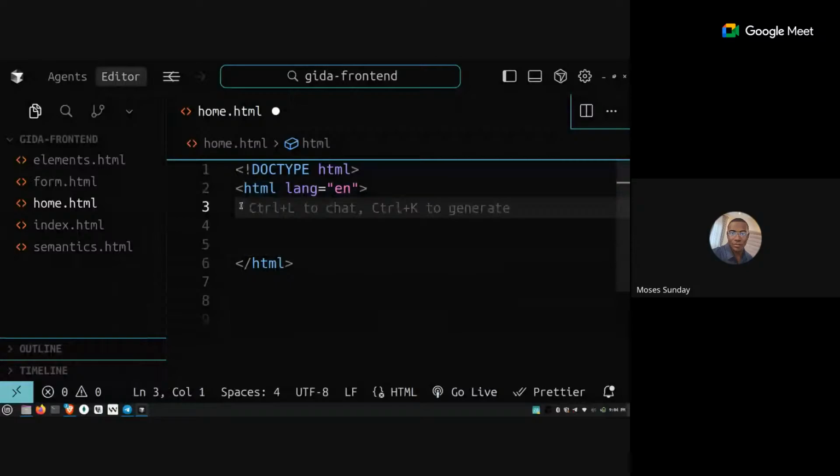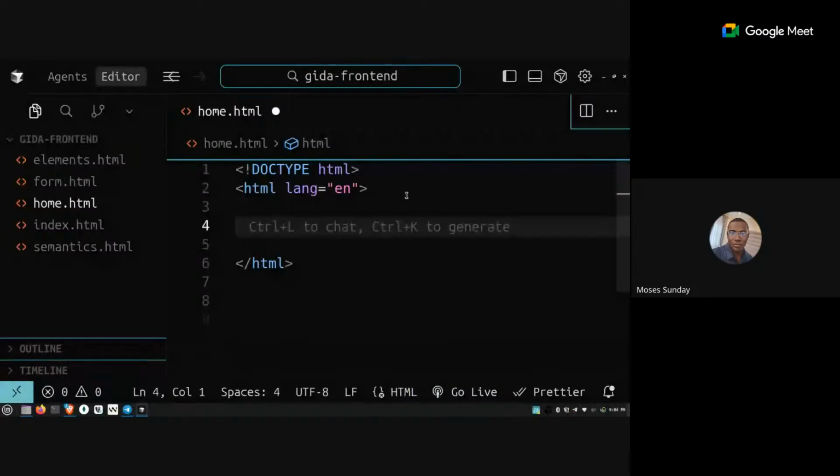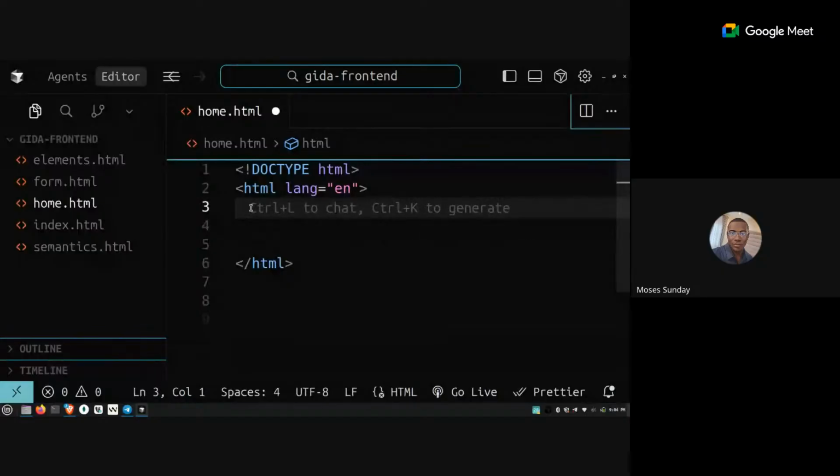All right. So I have my HTML, and the next thing I'm going to have is my head tag, right? The head tag here gives us more information about the site we are developing. Okay, so I'm going to have my head tag,